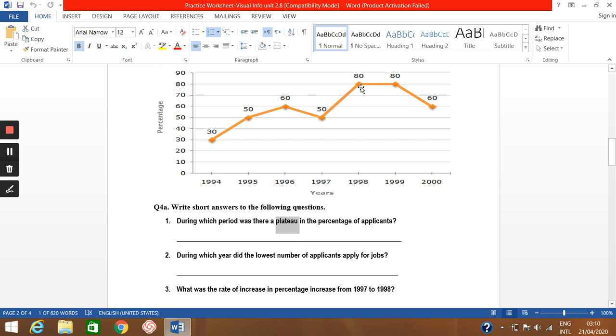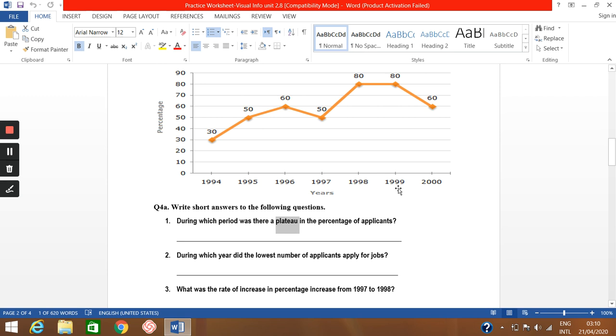It remained at the same level. And here we say it's plateau here. So in that case, since we are asking about the period, if you want to give a short answer, you can say between 1998